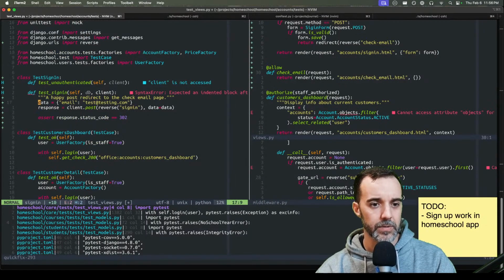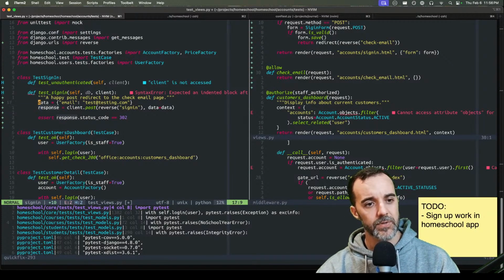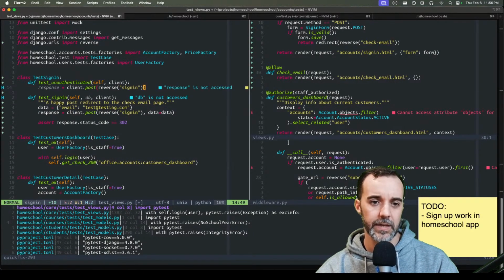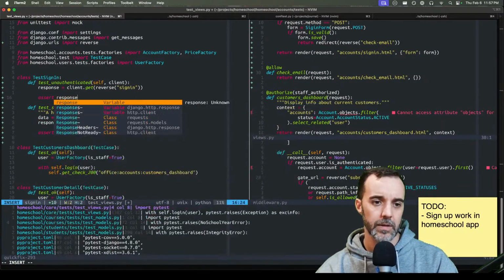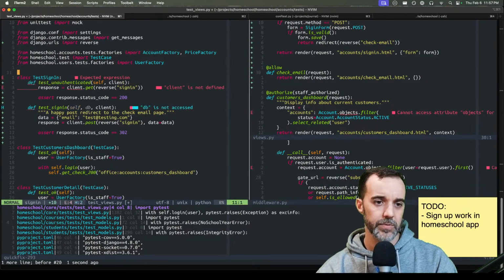Not going to try and do some other test class. So we'll just take this and get rid of the data. We don't need the data, and make this a get. And then we want to assert that the response is a 200. And then we want the same test,